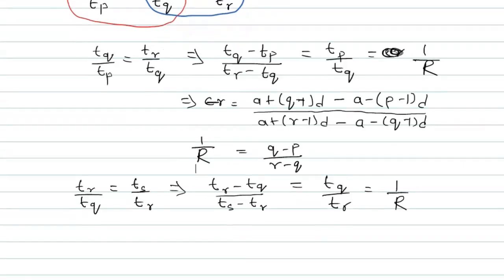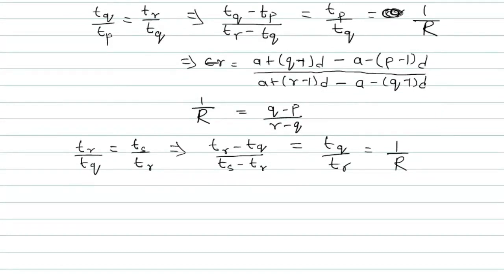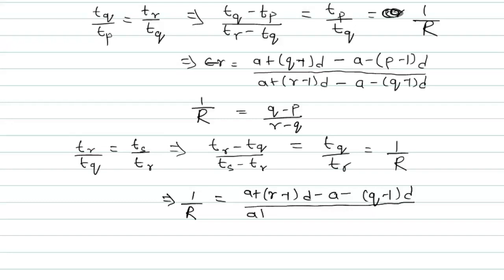Now we can again say from here that 1 by common ratio, 1 by R, is equal to A plus R minus 1 into D minus A minus Q minus 1 into D upon A plus S minus 1 into D minus A minus R minus 1 into D. Upon solving this, we will get R minus Q upon S minus R. So